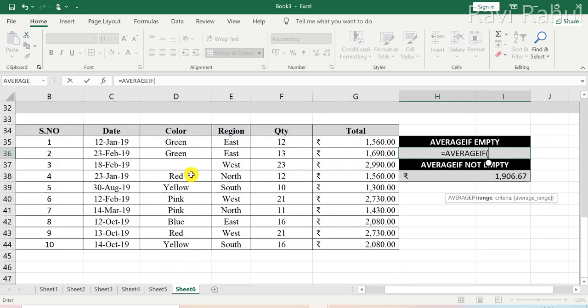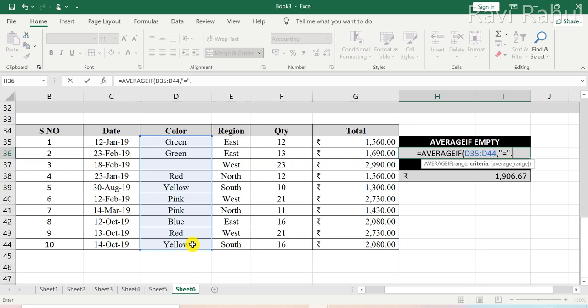Like, I am selling colors in different regions, that is eastern, western, and north and south zone of different regions. Okay, now suppose I want to calculate the average of only the cells that are empty. I will select the range of colors, and I will put in the equal to operator sign, which stands for empty.